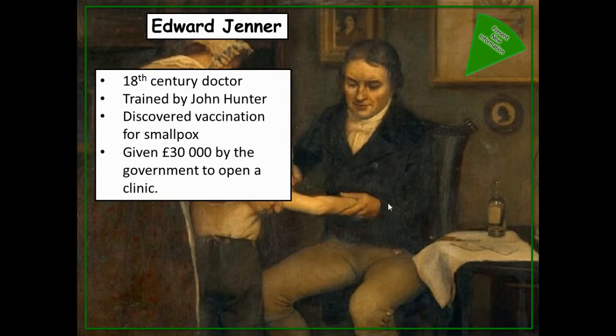Now, before Edward Jenner's work, patients would have something called inoculation, which is where a doctor would infect them with a small amount of smallpox. They would get ill, and then hopefully they'd recover from that infection, and they would then be immune to smallpox. Their body would have worked out how to fight it off, and so they wouldn't be at risk of getting it again. However, very often people couldn't afford the inoculation, it was a very expensive process, or they